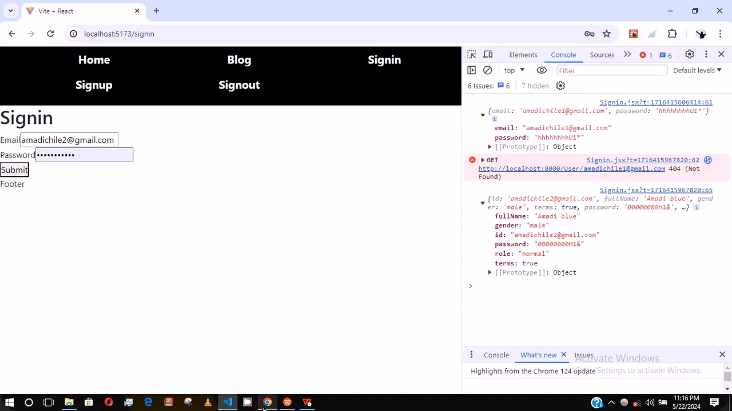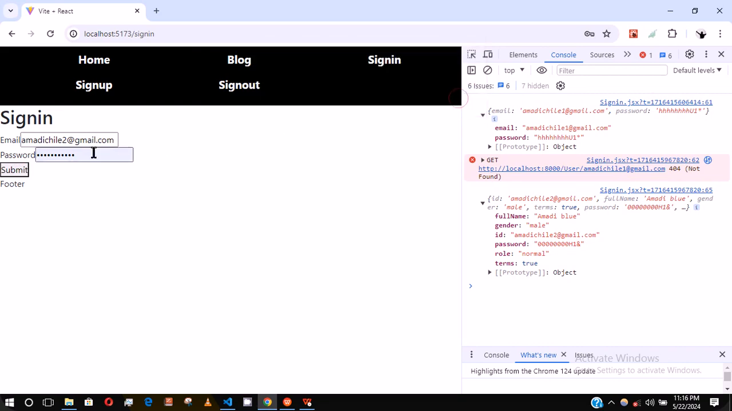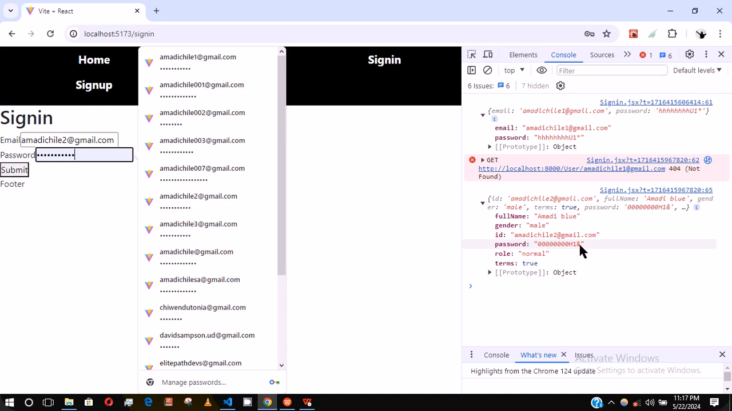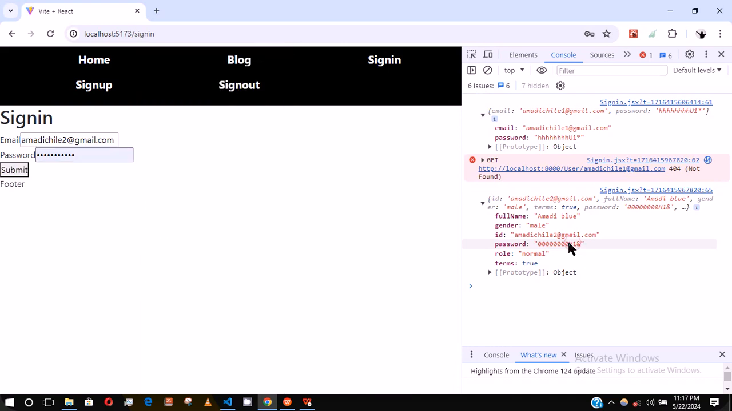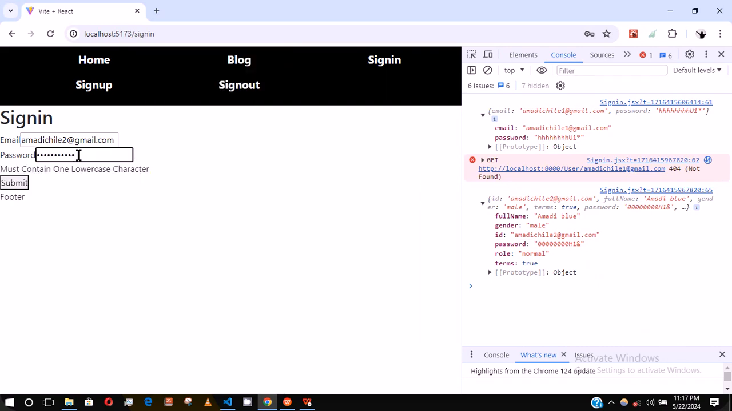So if we do that and I log in, notice it's showing me wrong email or password. So I'm just going to copy this password that is here. Okay, that is it. So copy string content. So let me just type it. 1 2 3 4 5 6 7 8